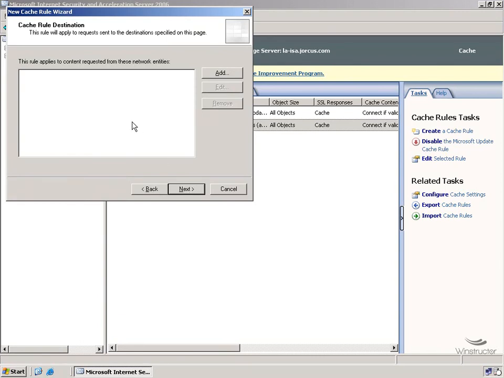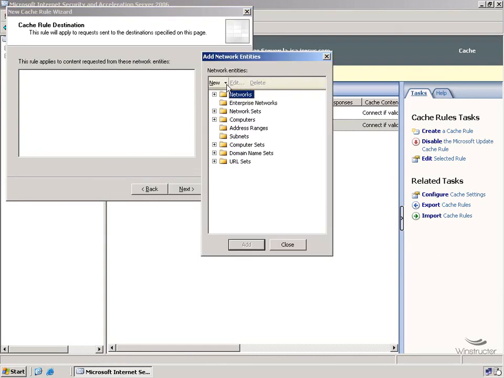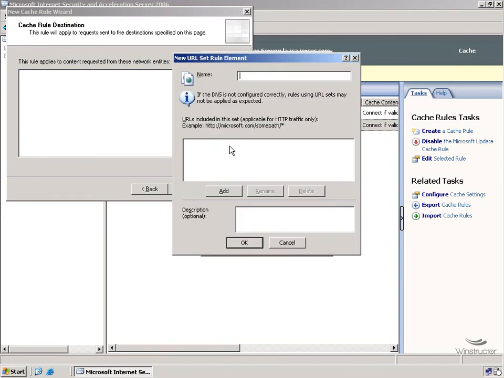Now the next step here is to define our destination where this rule is going to apply. So we'll click Add. Now at the top we're going to click the New drop-down box and we'll choose URL set. Now we'll need to give this URL set a name. I'll call mine google.com, and then we'll click Add. And for the site, of course, we're going to enter in